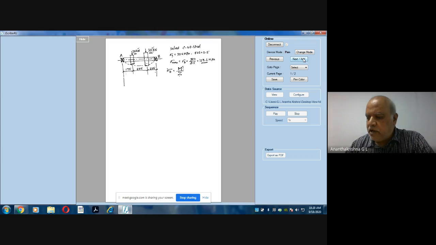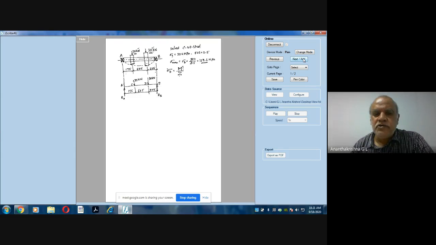To get the maximum bending moment, we can write this. This is A, this is B, and this is where the 20 kilonewton load is acting, and this is where the 30 kilonewton load is acting. I call these C and D, and these distances are 175, 625, 225. I have to find out the reactions. So you will have reaction RA here, and at this end reaction RB.